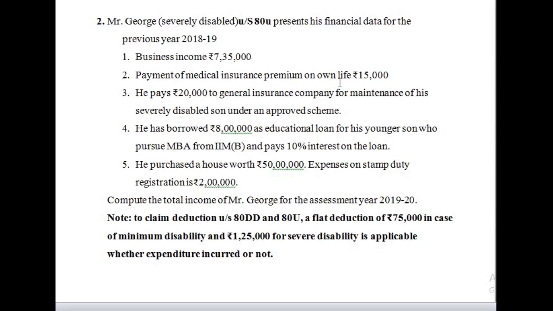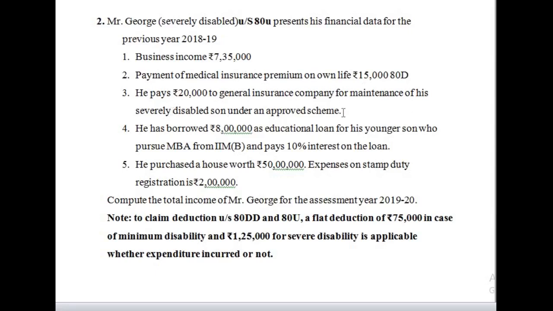Payment of medical insurance premium on own life is deductible under section 80D. The entire amount is deductible. He pays rupees 20,000 to a general insurance company for maintenance of his severely disabled son under